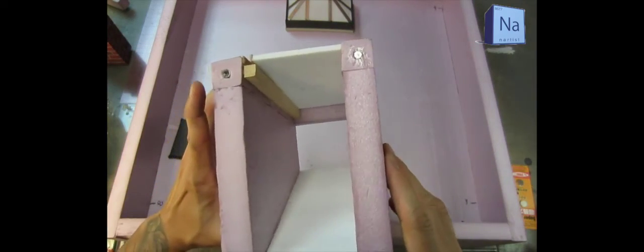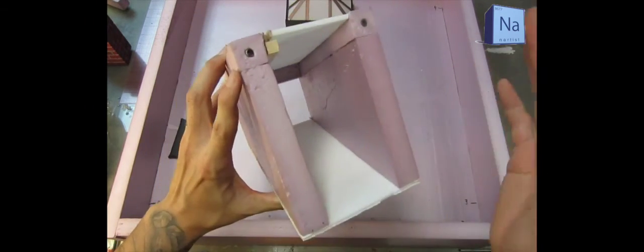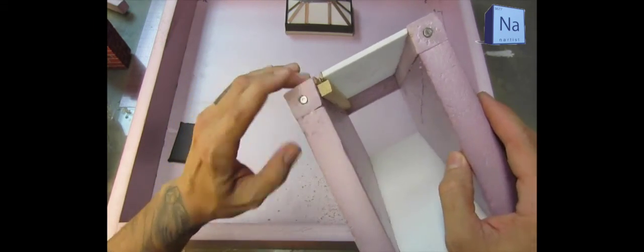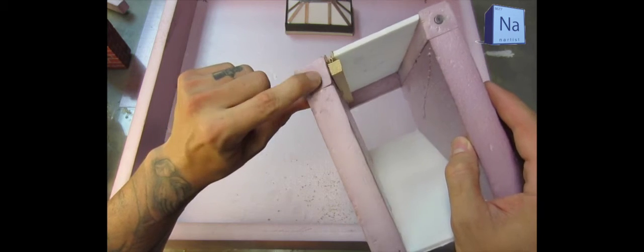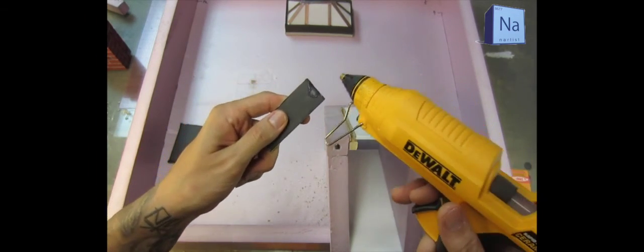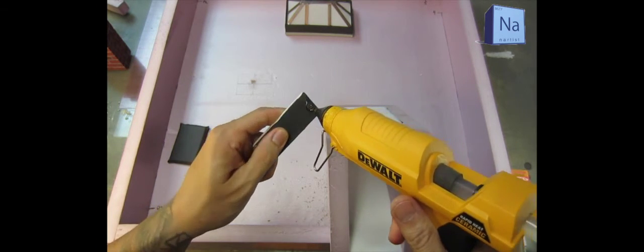Another quick tip, something I like to do, because magnets are magnets and they're going to be pulling on each other, and they'll try to pull each other out of the foam. So what I like to do is, you see I've gone ahead and sunk this magnet in and it's dried. What I like to do, come in, and this is just like another piece of styrofoam, and I will put some hot glue on here